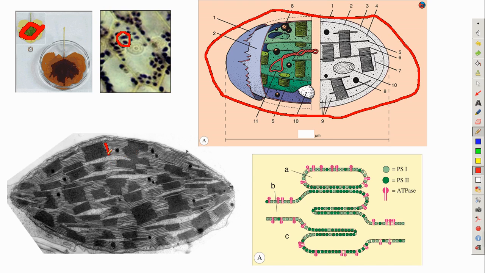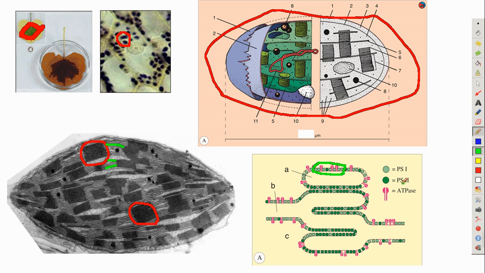You can probably recognize the grana here, and they are made up of granal thylakoids. So we've got one here, we've got one there, and in between these granal thylakoids we have intergranal thylakoids. So photosynthesis, we can be even more precise, will actually occur in these thylakoids, because in the membrane of the thylakoids we have